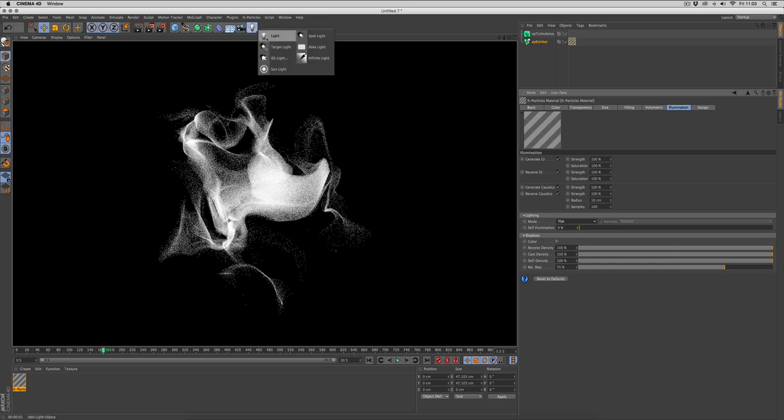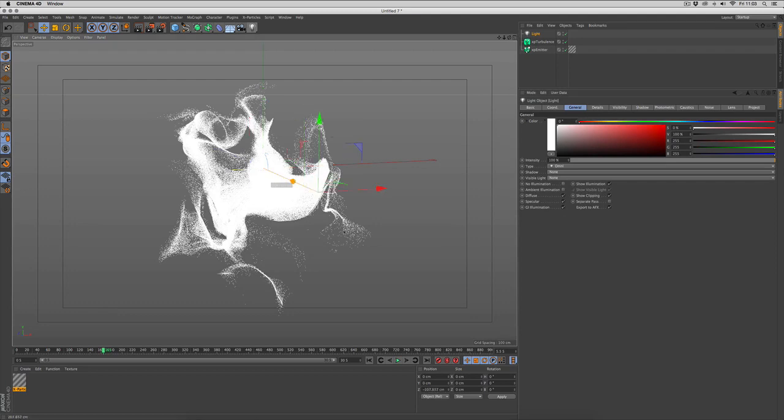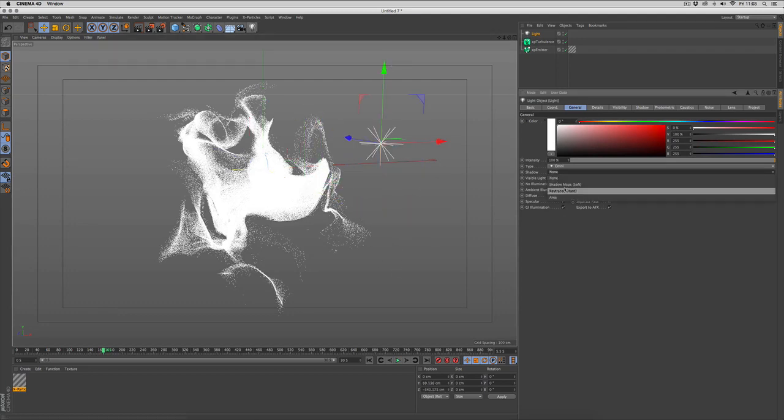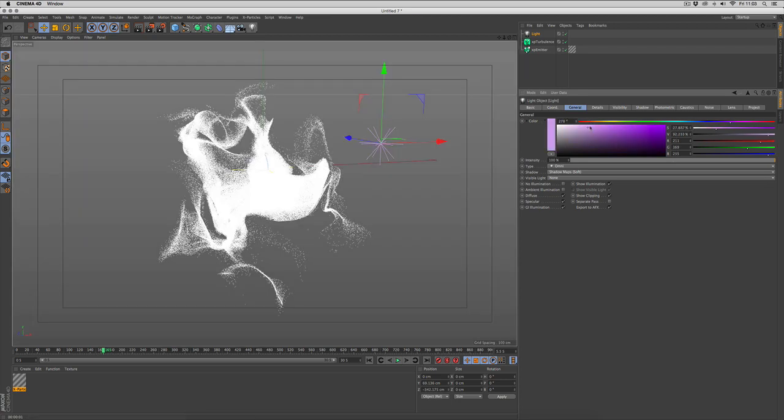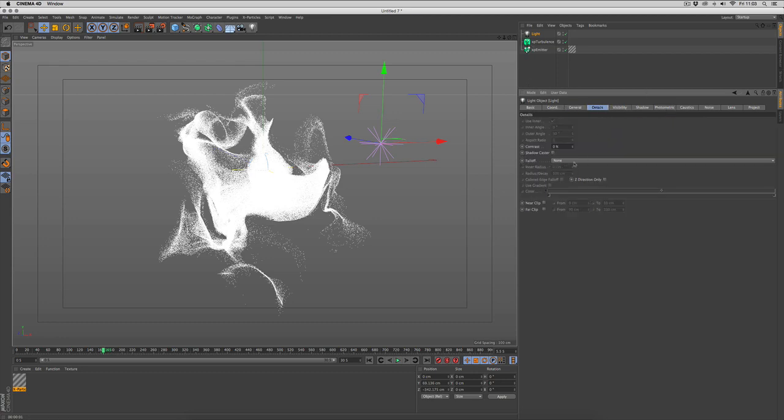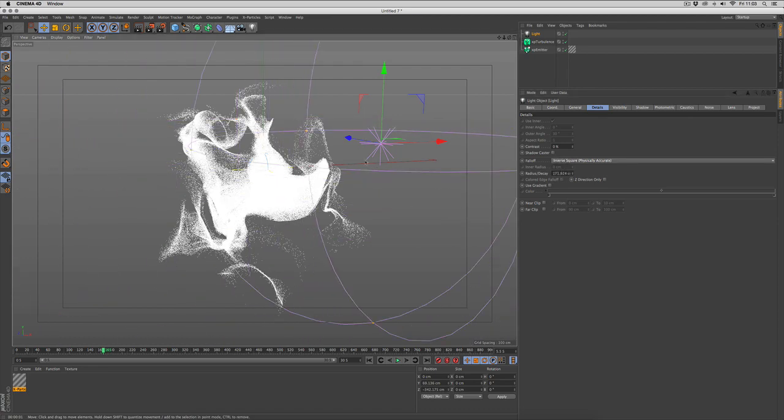Let's see how it works with lights. If we get in one light now and enable shadows, we'll be able to get a bit more detail into the actual simulation. The particles can take on lighting color. So let's change this to inverse square and create another one. Simply drag and drop